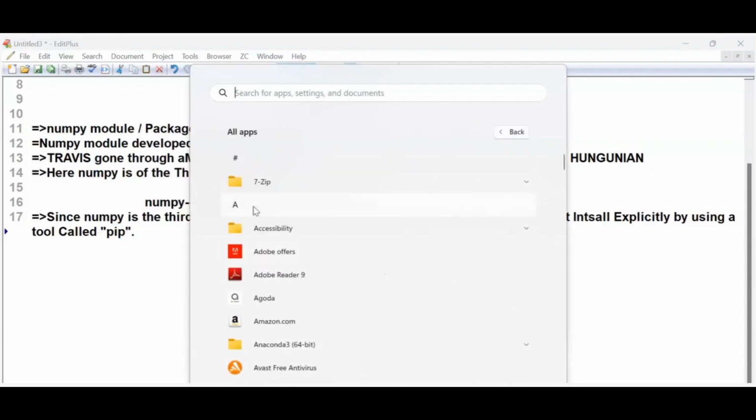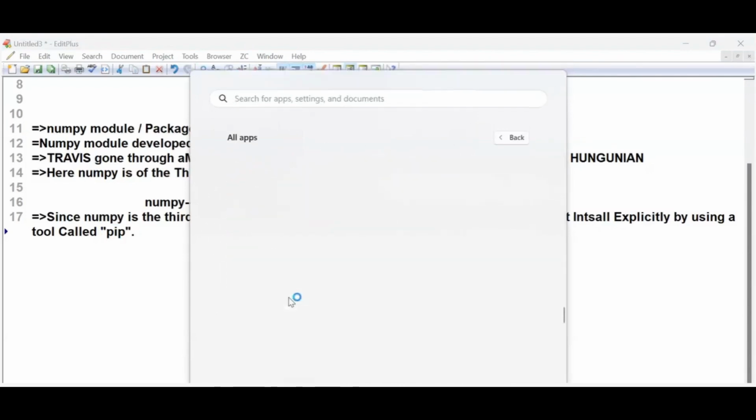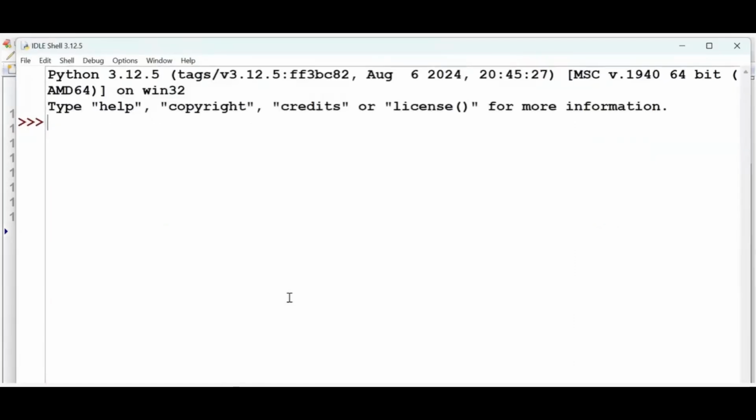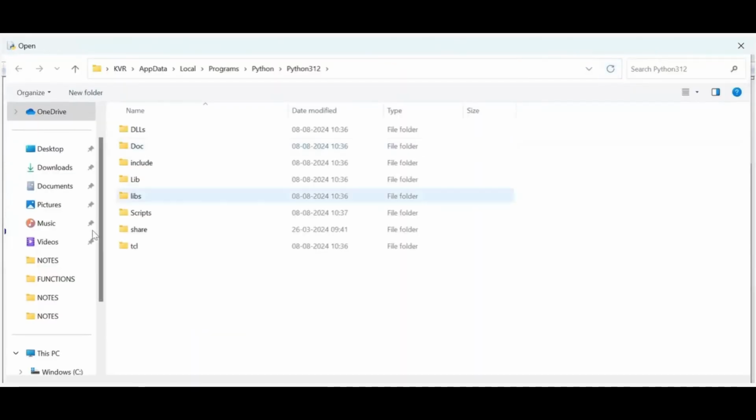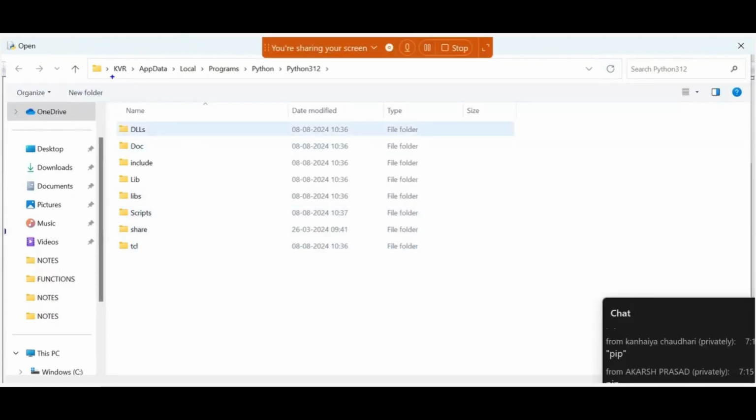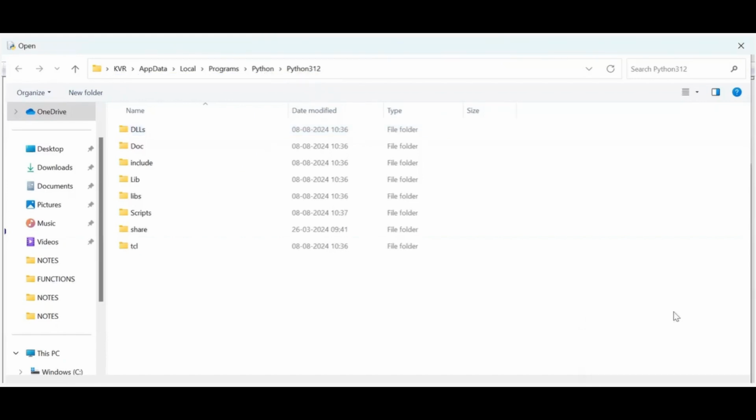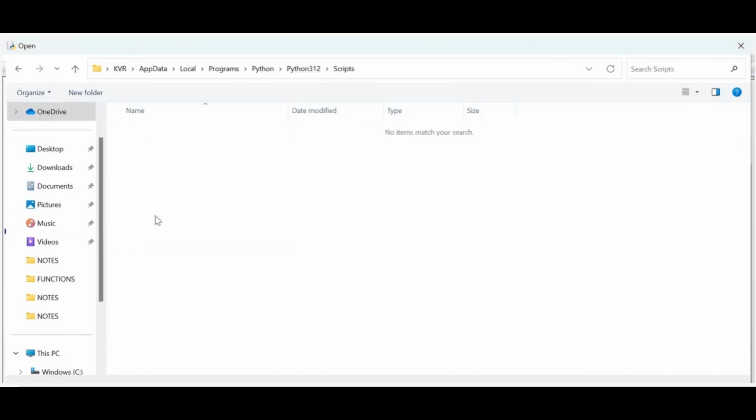All apps, go to the Python IDLE. This is a Python IDLE. You know the importance of Python IDLE in my classes. Go to File, Open. There is a Scripts folder. My dear students, KVR, AppData, Local, Python 3.12. This is the current version of our Python. Under that, there is a folder called Scripts. I will click Scripts. No files are shown over there because you need to choose All files instead of Python files. Whenever I take All files, you will find